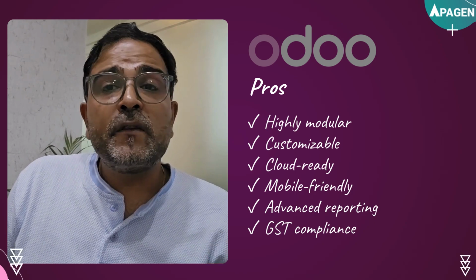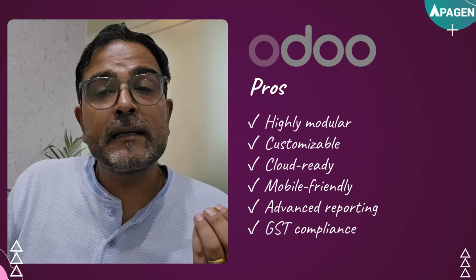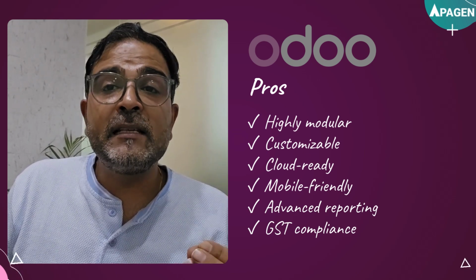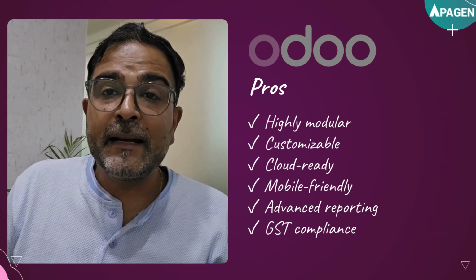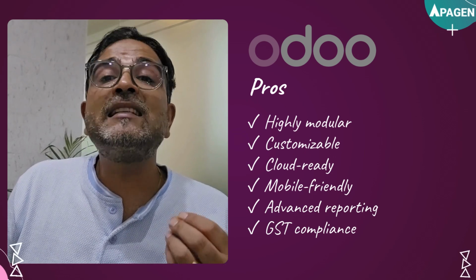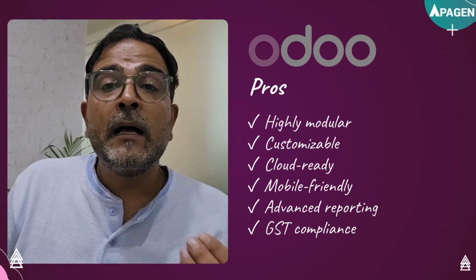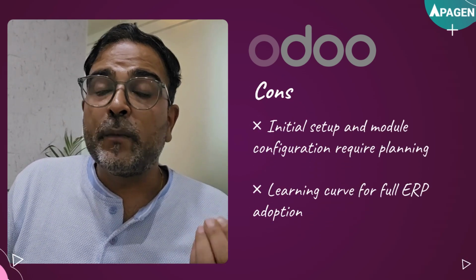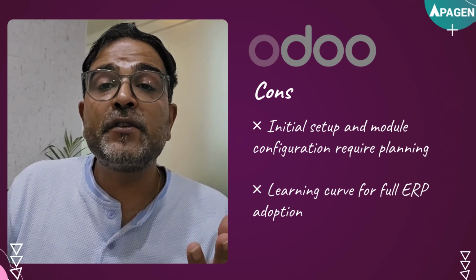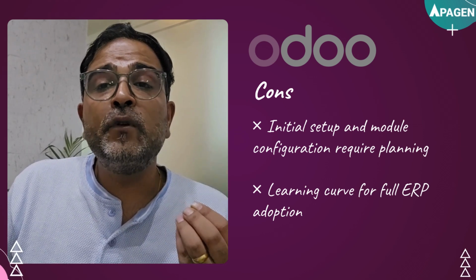Now Odoo is a unified ERP with all business functions in one platform. It is highly modular and customizable. It is scalable from SMEs to large enterprises. It is cloud ready and mobile friendly. You have real-time dashboards and advanced reporting in it. You also get GST compliance that is integrated across all modules. Now there are some cons as well to mention. For example, the initial setup and module configuration basically requires planning, and the learning curve for full ERP